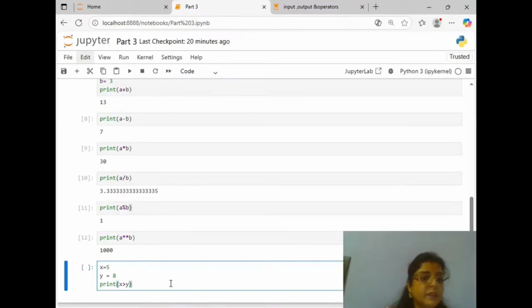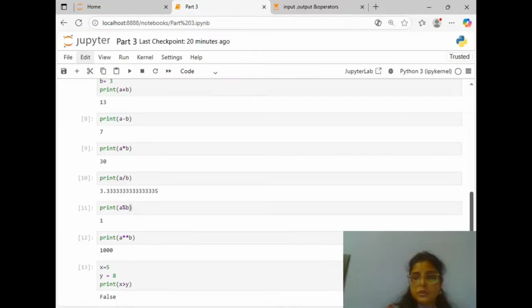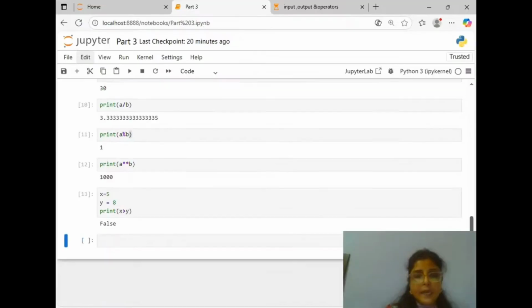X is 5 and y is 8. It is saying print x is greater than y. You see, x is not greater than y. X is 5 and y is 8. So this statement is false. So let's see what will be the output. False. It shows false.